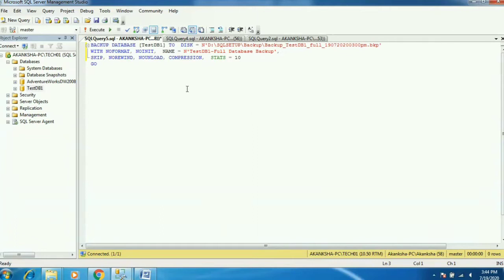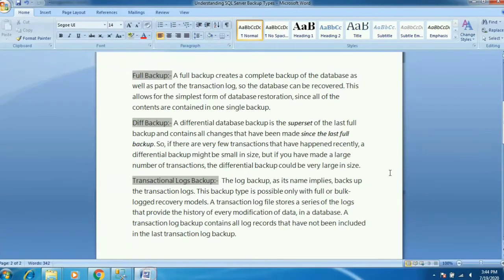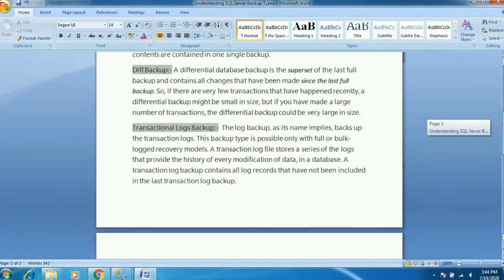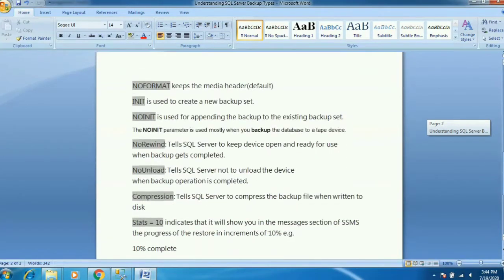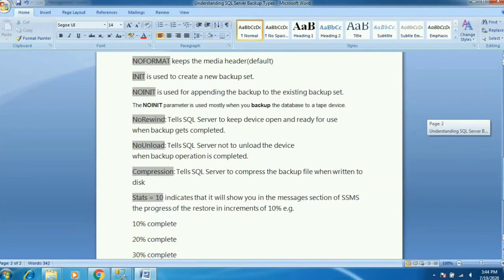If you want to take the backup through a script, you can take it. Before that, you need to understand these parameters. Each individual parameter has some specific role and responsibility. So I would suggest that before using the script, you go and read the articles on all the parameters: what exactly INIT is doing, NOINIT is doing, NOREWIND and NOUNLOAD, COMPRESSION, and STATS.